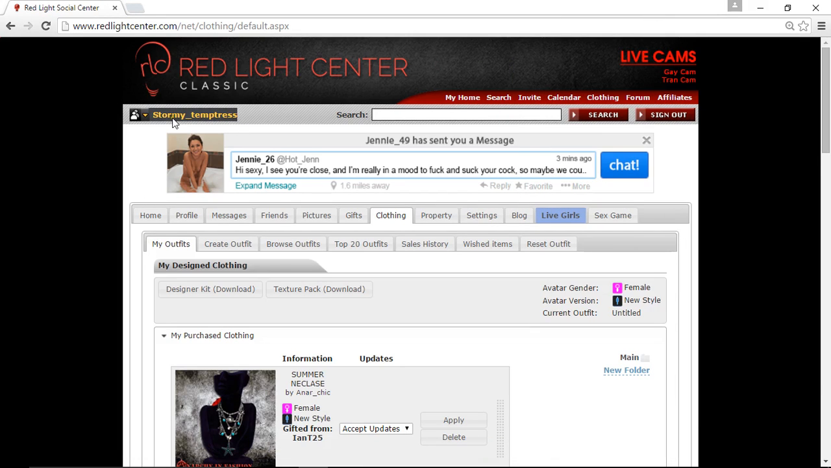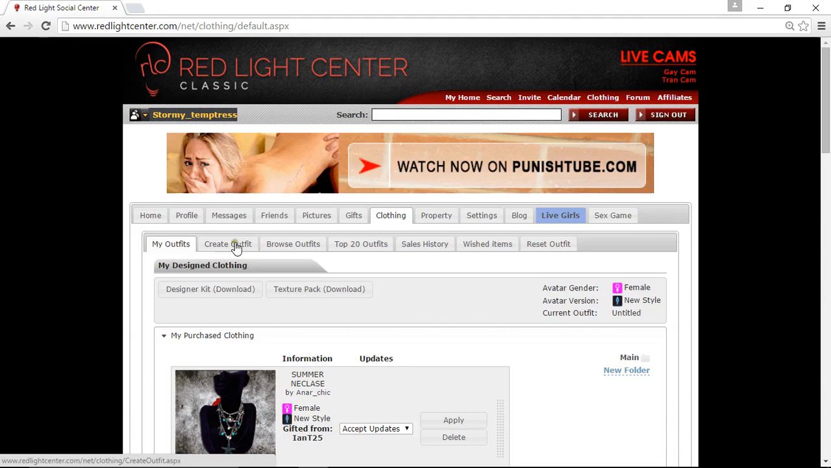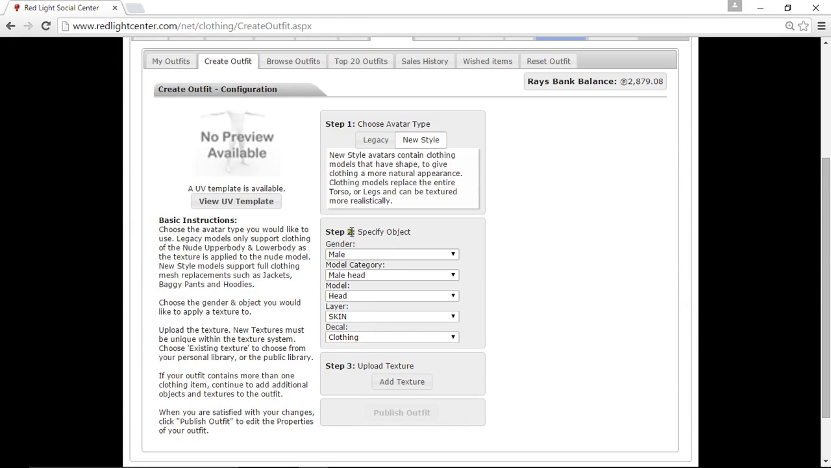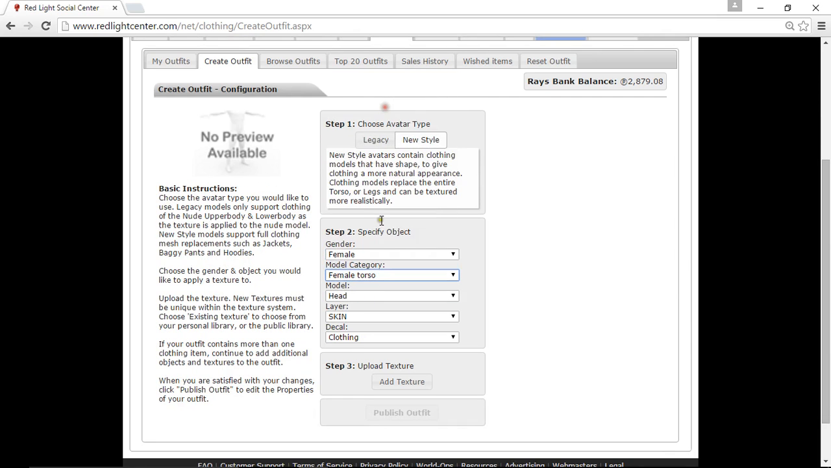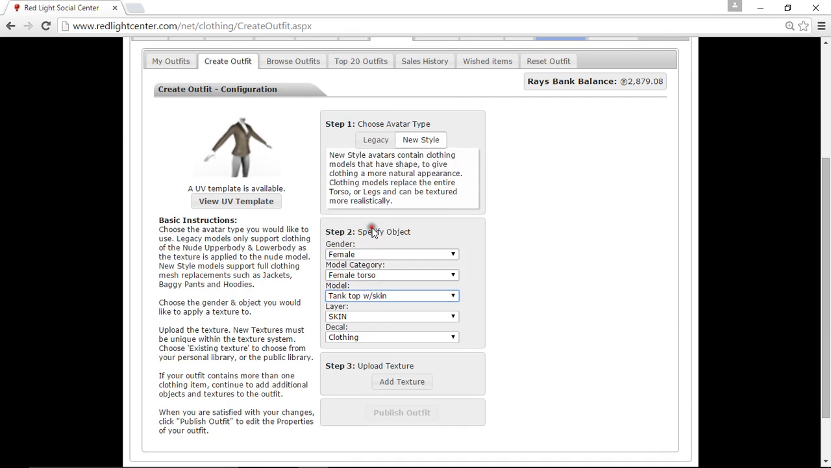Now in your profile, click on clothing, and then click on create outfit. Now as this is going to be a new style top, click on new style, come down, and where it says step 2 gender, click on female, click on torso, model. Now we want to make this a tank top with skin because we're going to be